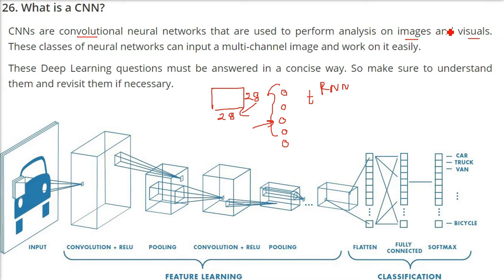So as I said, this class of neural network can input a multi-channel image. Just understand this by a picture. This is the input. Say take any feature. Then the convolution is done. Convolution is like this: if you have an image and there is a kernel, say 3 by 3 or 5 by 5 kernel, for example a Sharp filter or a Sobel filter, and this is applied and shifted, and that shifting to each and every pixel is called the convolution.